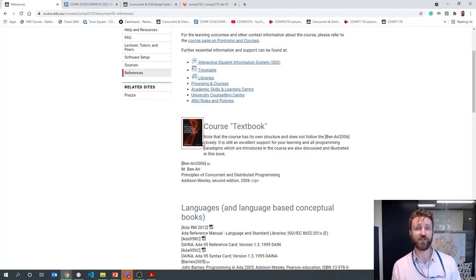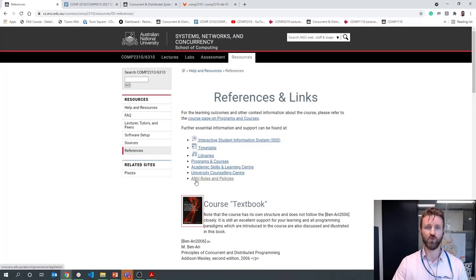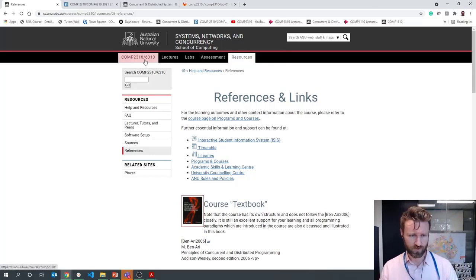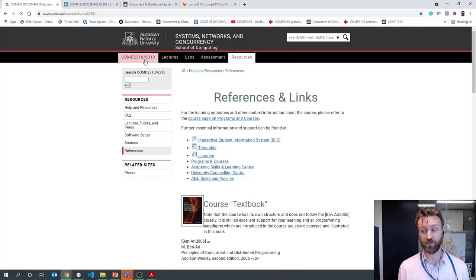So I understand that it's an expensive textbook. I don't think you will be significantly disadvantaged if you don't buy the textbook. So please don't go and spend your hard-earned cash on this, assuming that you need it to complete the course. You do not need it to complete the course. All the material that you require will be made available through the lectures and the labs and the assignments that we provide. Okay, I think that's all I wanted to cover in terms of course organization,